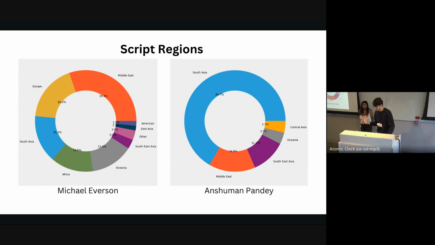It's also worth noting that, combined, they make up 80% of all proposals that result in successful inclusion in Unicode so far. And beyond that, Michael Everson's scripts in general were about 26 pages in length, while Pandey's were about 42 pages long.